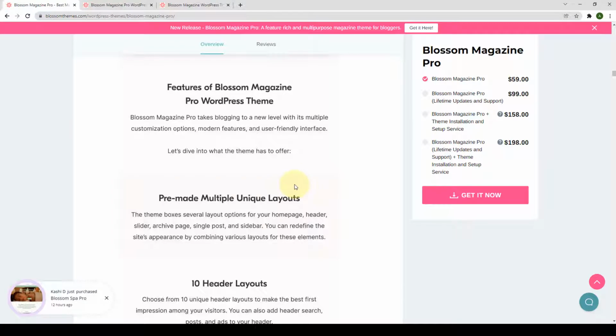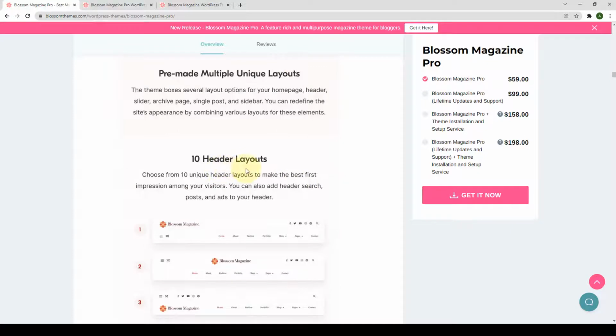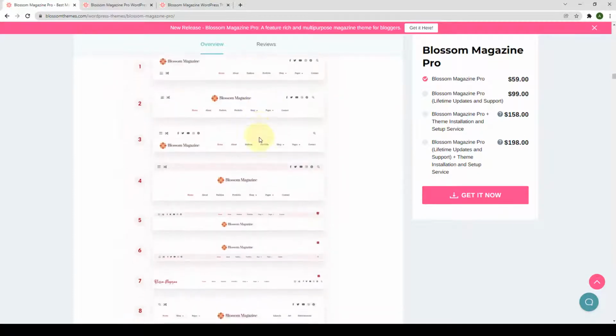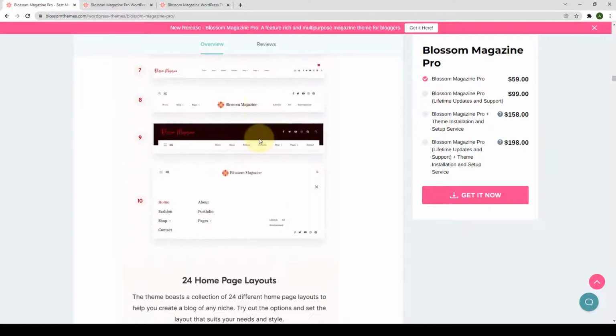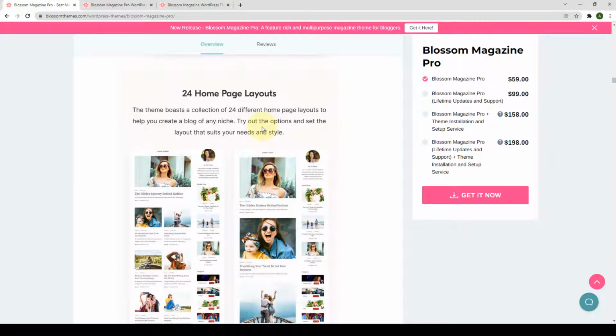With Blossom Magazine Pro WordPress theme, you can choose from several layout options for your homepage, header, slide or archive page, single post and sidebar. You get 10 header layouts. Check out the range of layouts images here. 24 homepage layouts,